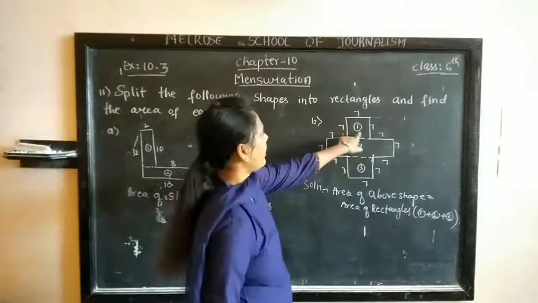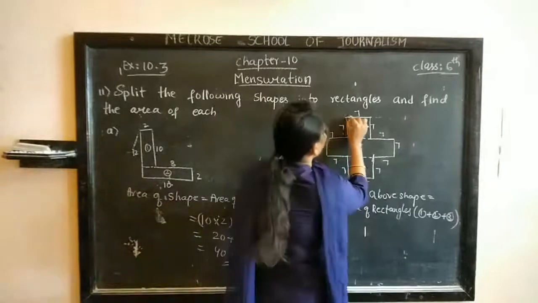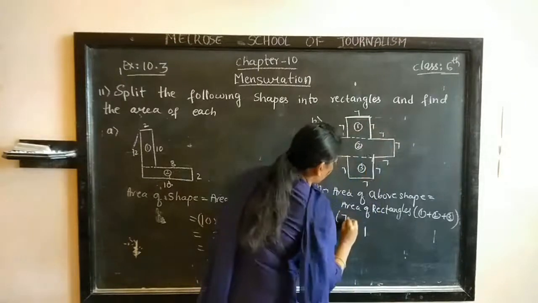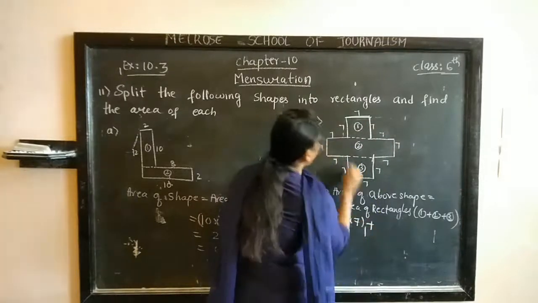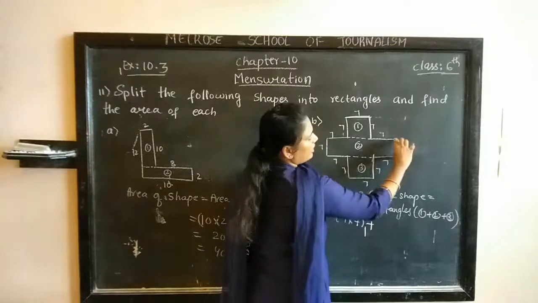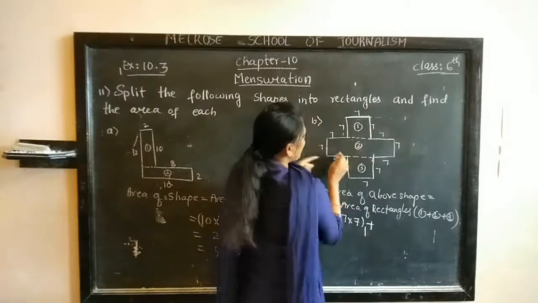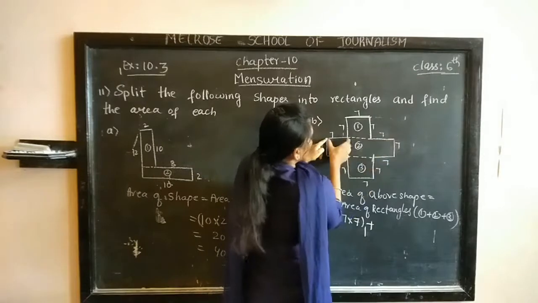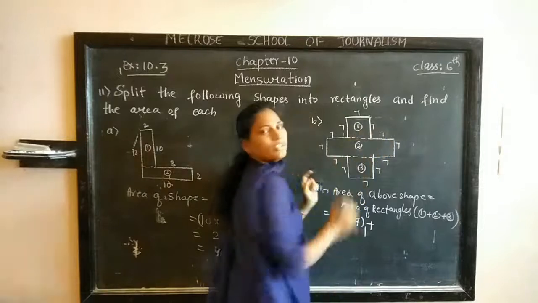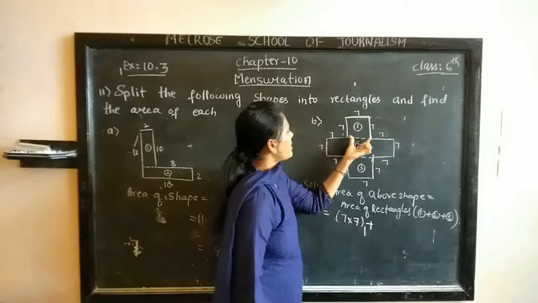What is the area of rectangle 1 here? Length into breadth. Here this is length and this breadth is given directly. 7 into 7. 7 plus. Now we want this rectangle's length. This breadth is given. How much breadth? The measure is 7. But we want the length measure. This is 7. Length is what is complete from here to here. This is 7. Again this length also 7. 7 plus 7 plus 7. Understood? This is 7 and this measure is also 7. 7 plus 7 plus 7.